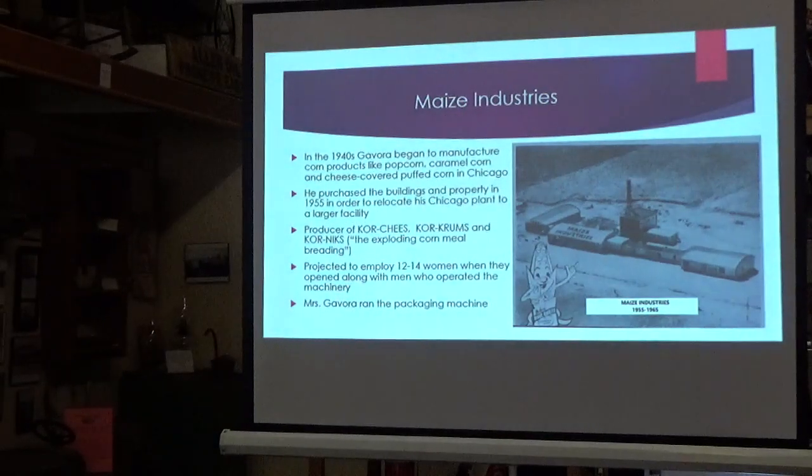So Maize Industries then, in the 1940s, Mr. Gavora again decided to start manufacturing corn products like popcorn, caramel corn, cheese-covered pops in Chicago. He purchased the buildings and the property in 1955, again to locate to a larger area compared to the plant that he was in Chicago. So some of his brand names were Core Cheese, Core Crumbs, Core Nicks, Core Caramel, and